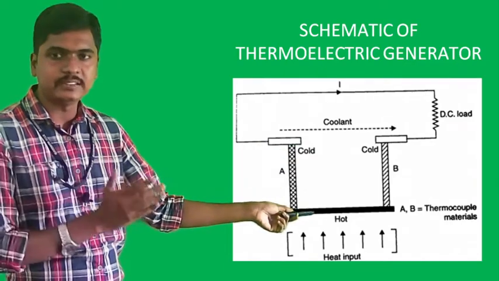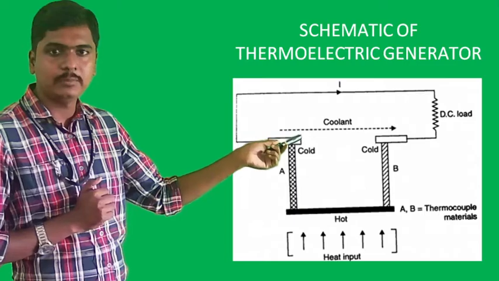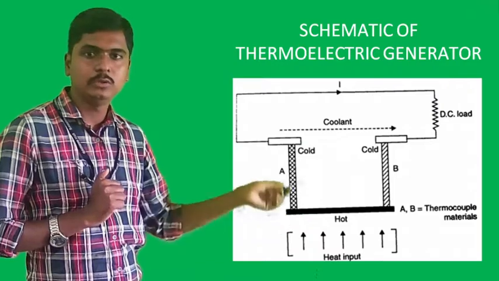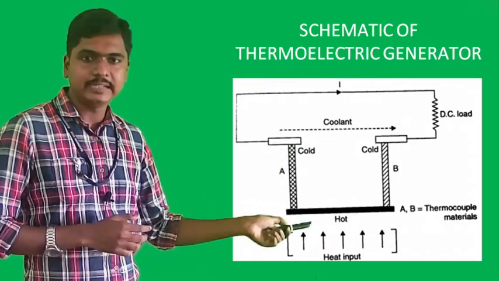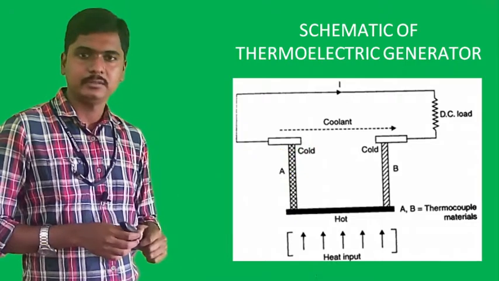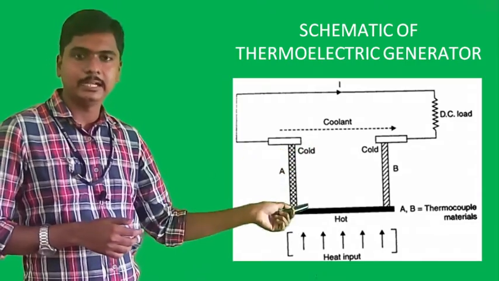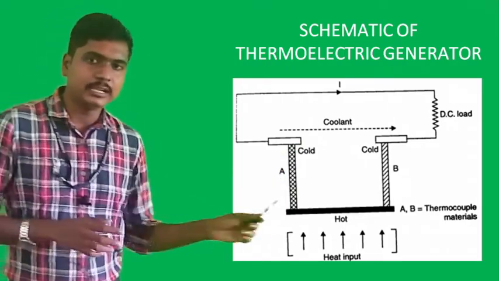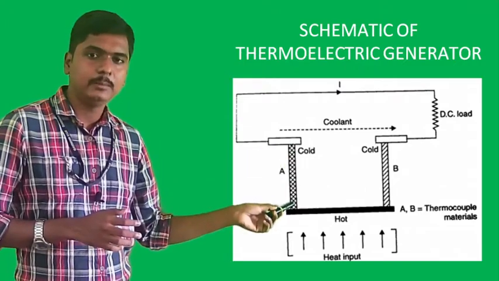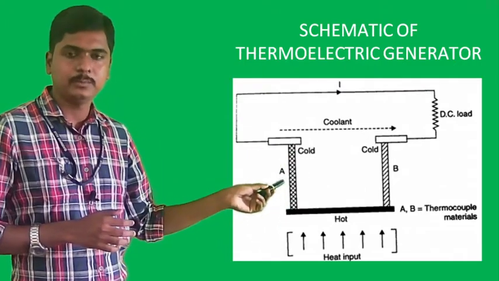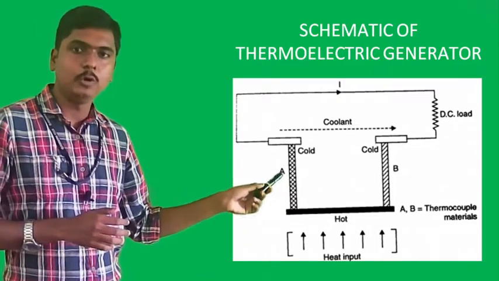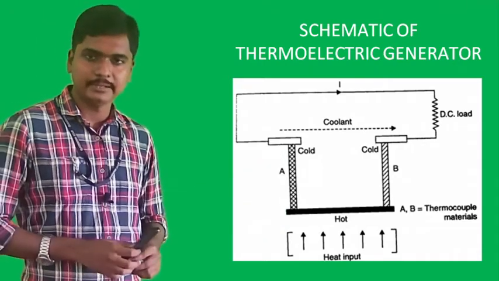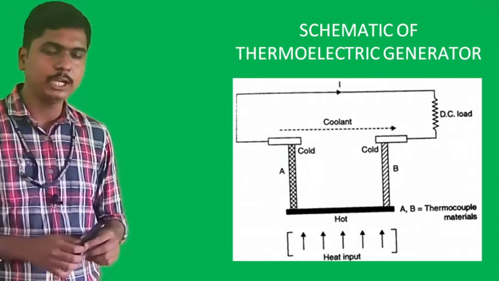Hot plate means it is at one temperature, cold plate means it is at a different temperature. So we have taken two dissimilar metals and maintained them at different temperatures. The hot plate has a high temperature compared to the cold plate, which has a low temperature, and these two metals we have connected by using a thermocouple. The purpose of this thermocouple is that it will create a loop, and it will also measure the temperature of the hot plate as well as the cold plate. Clear?